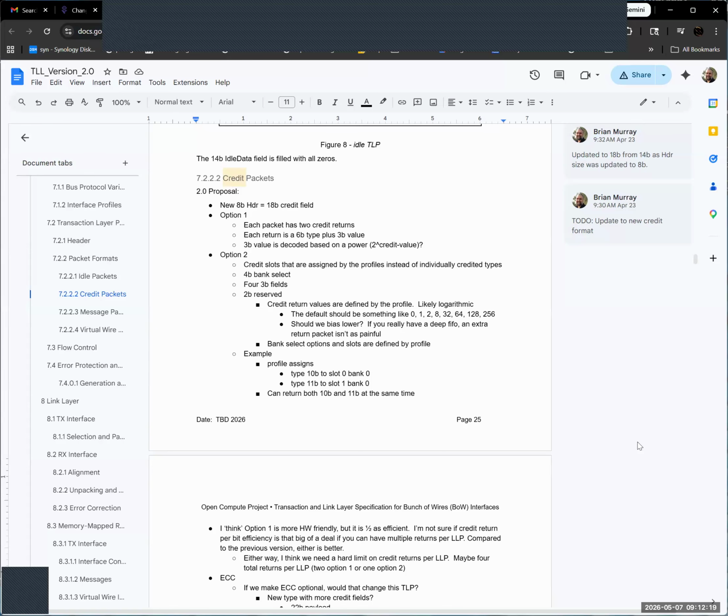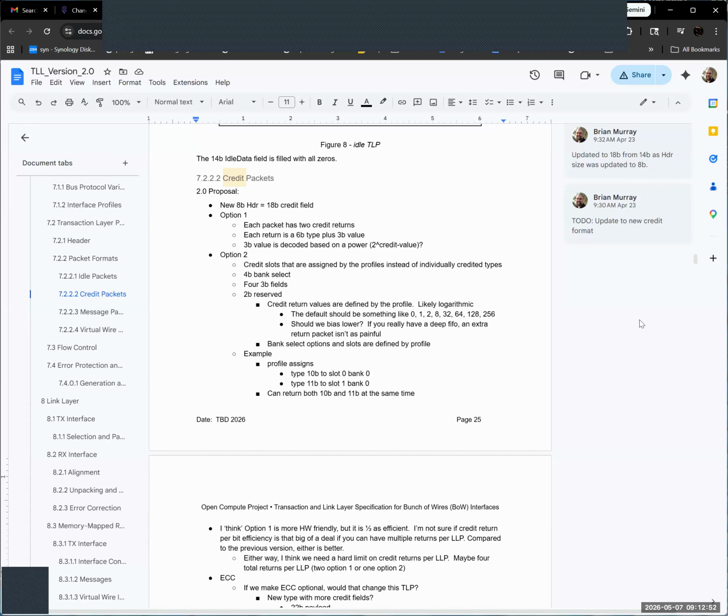For credits, the obvious problem is that if you add too many credits to the same streams in a given LLP, you run into a timing problem with the math of adding those credits in as they go upstream. All the credits will be at the transaction layer, so it's less of a problem, but there needs to be a number here, so you just can't have 16 or 32 or whatever credit packets in an LLP.